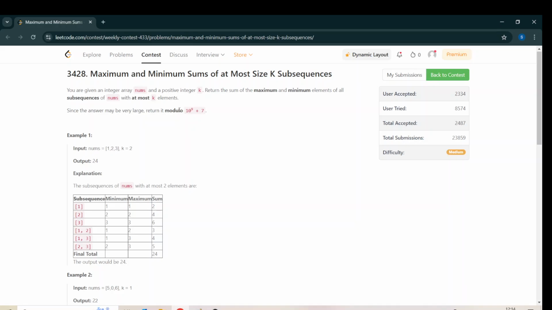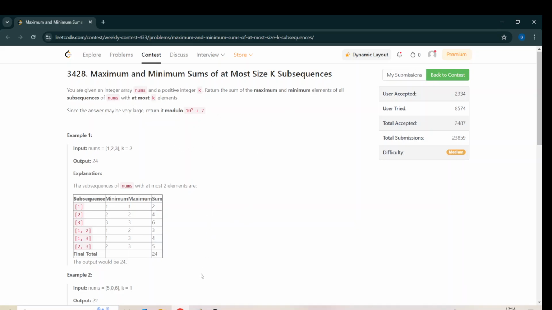Hello everyone. Let's discuss the second problem of Leetcode Weekly Contest 433, which is maximum and minimum sums of at most size k subsequences. What is the problem? So we are given an integer array nums and a positive integer k. We have to return the sum of the maximum and minimum elements of all the subsequences of nums with at